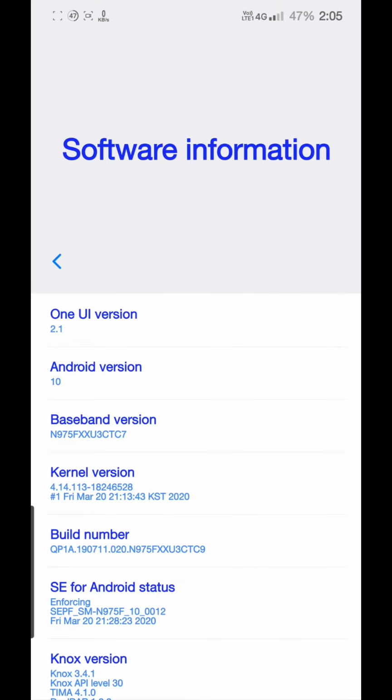I'm back with another video for our Galaxy Note 10 Plus. Samsung has just dropped One UI version 2.1 for our Note 10 Plus. This was previously on One UI 2.0. There is just a slight minor version change, but the changes made under the hood are too many. The Android version has not been changed, but there are so many changes.